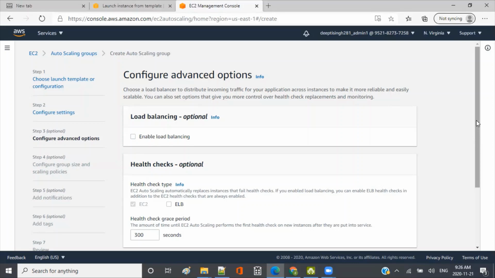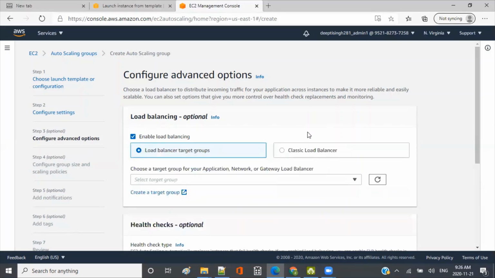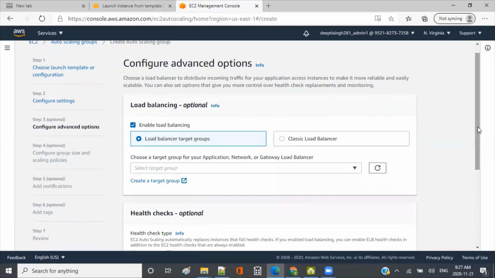But in this use case, if you see what the use case was, right? I had 2 web servers that I put behind the load balancer. Then my requirement was that my load can go up or down. So accordingly, I just want to create more instances or delete instances behind that particular load balancer. So that was my use case. So I want to put these instances which are being launched behind a load balancer.